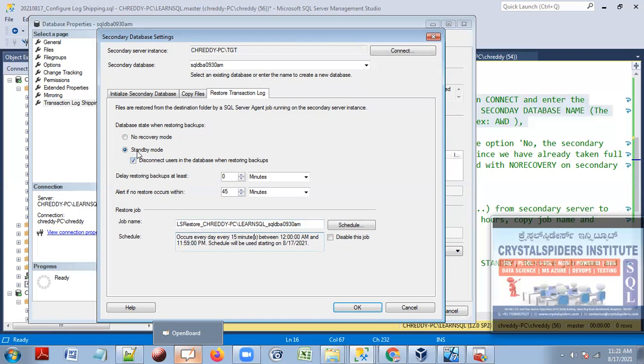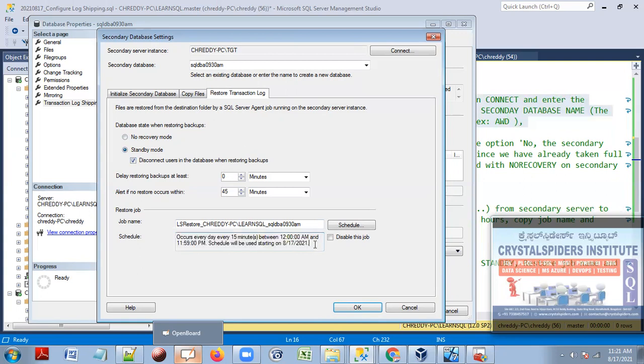If we enable the database on the secondary server for read access, we prefer to restore the backups once a day, guys, and that too at midnight. If you are going to restore the databases every 15 minutes, then don't use standby mode. Go ahead and use no recovery mode. The reason is, when you put this database in read-only mode and you are doing restores every 15 minutes, how will people access your database? Every 15 minutes you are disconnecting them and restoring. That may not make sense, right?